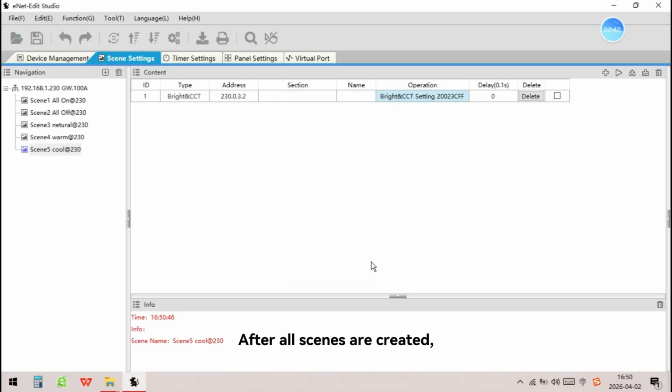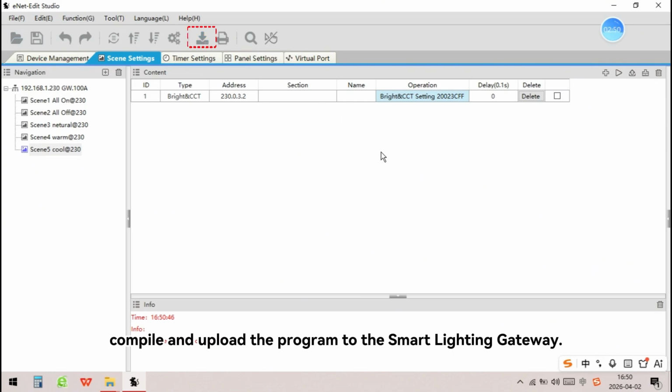After all scenes are created, compile and upload the program to the Smart Lighting Gateway.